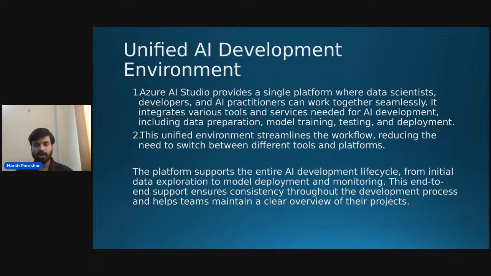Apart from that, it can also integrate various tools and services needed for AI development, including data preparation, model training, testing, and most importantly, deployment. Most platforms available in the market cannot be used for deploying your project, because deployment is the final output part, and the output of the project is very important.